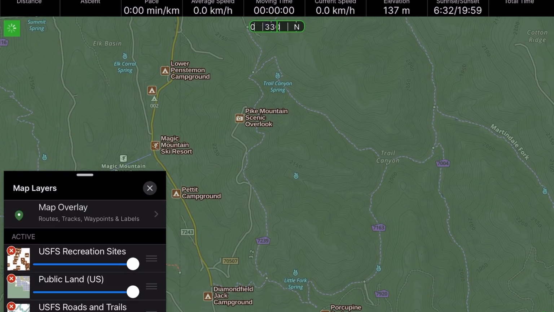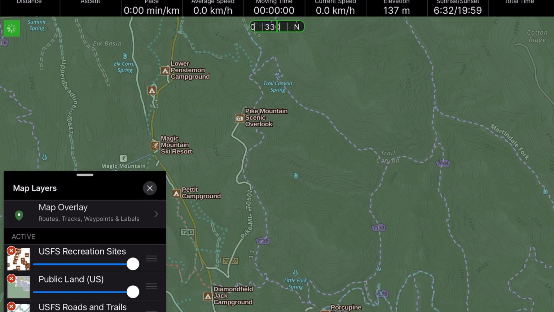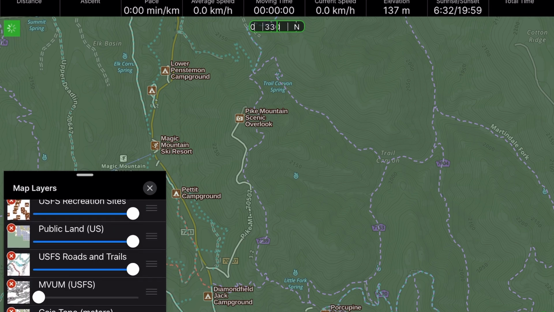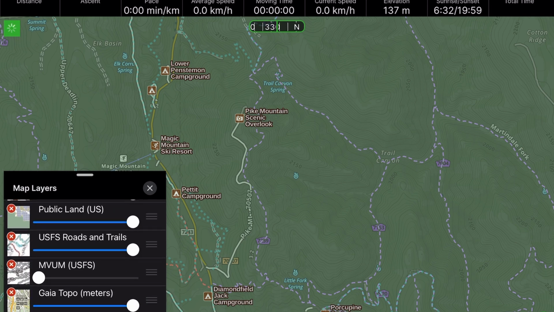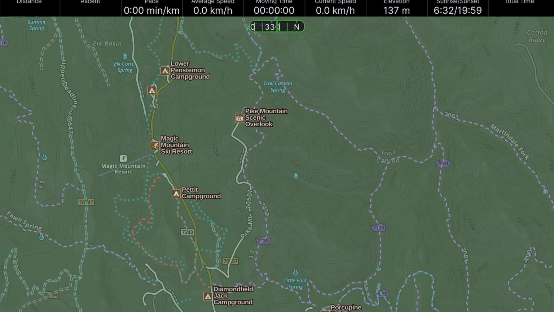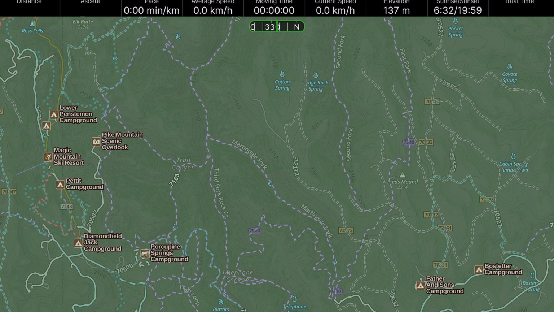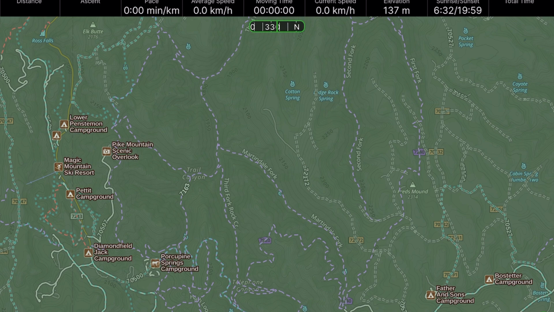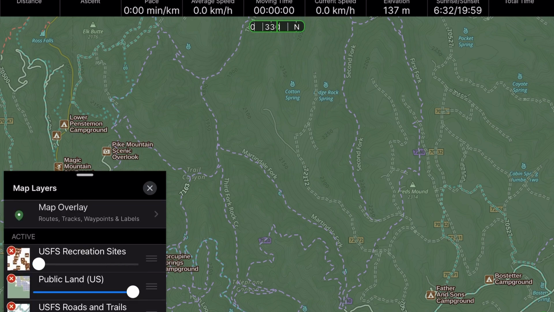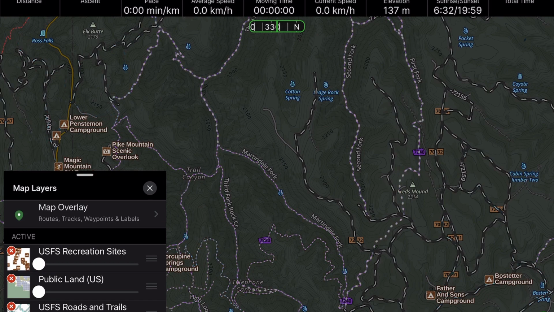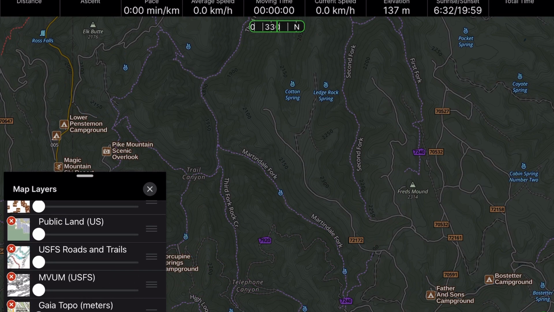Now let's zoom back in here and let's take a look at another, which is the roads and trails. This gives you a lot of information about the type of managed roads and trails that are in public lands. And then we have the MVUM, which is motor vehicle. This determines, I believe, the width of the vehicles, give you better information on the type of road that you're on. So you can see with all these overlays turned on, it's a little bit of a mess. Might be a little bit hard to take a look, know what's what. So that's why we have the new overland map, which kind of takes all these layers together and just makes it a little bit easier to see.